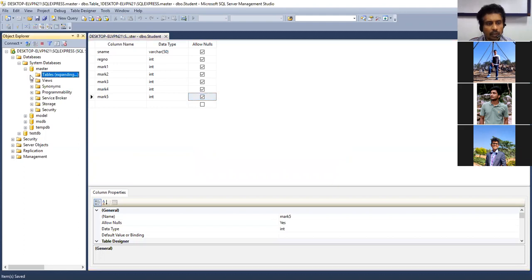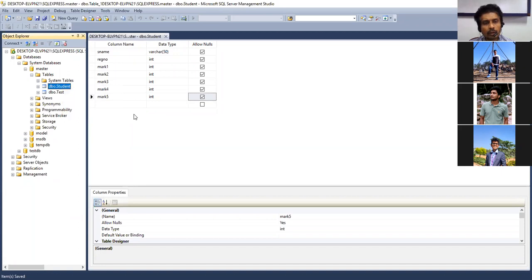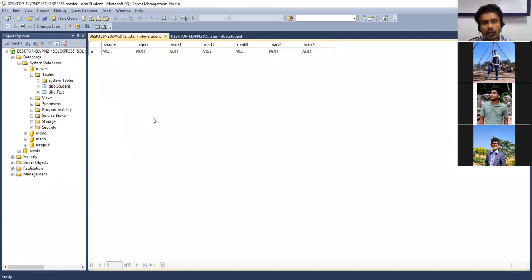You can click on this table and you can find the dbo table. Here you again right click on that particular student, and here you can go for adding the values. For adding the values, you can find an option called edit top 200 rows. Once you click on it, it will open one more window where it will ask you to enter the data. That means one record to be created. Like that, you can create as many records as you want. So here I'm going for creating the data. 1001, and the marks I'm going to create.